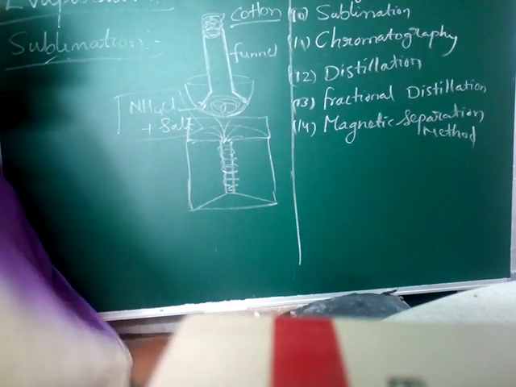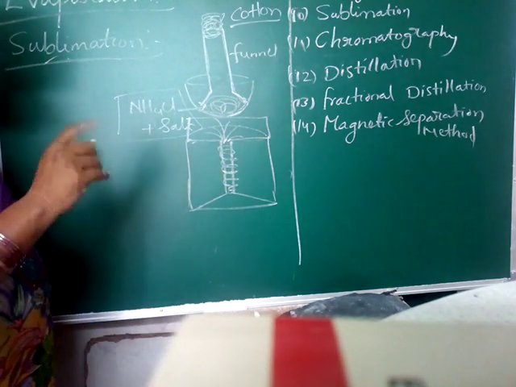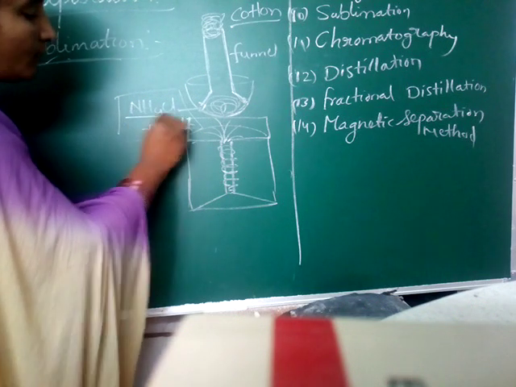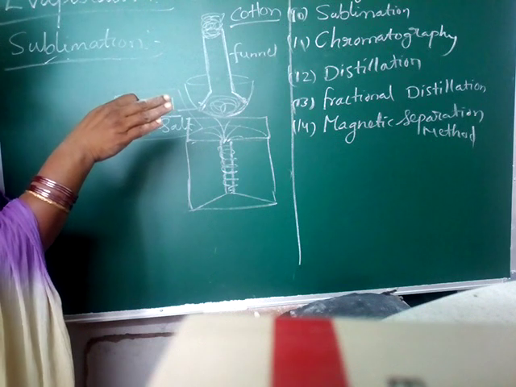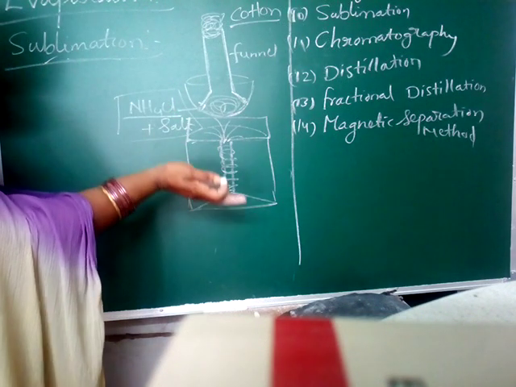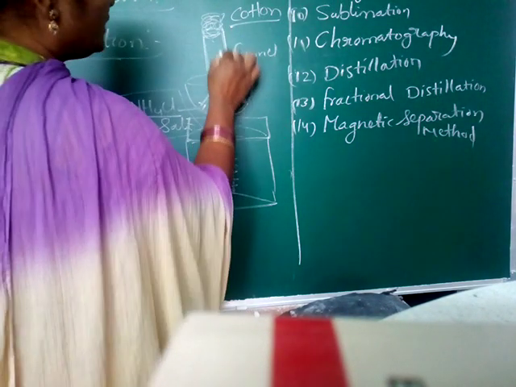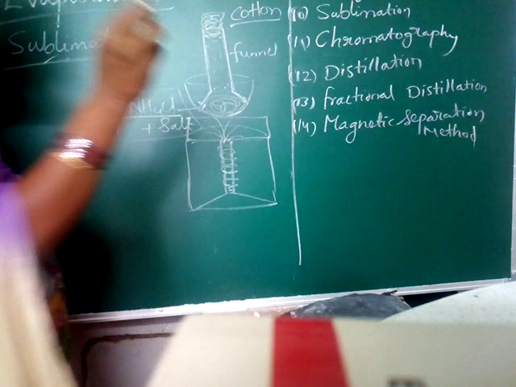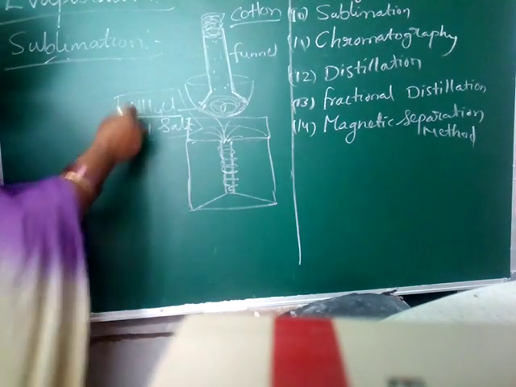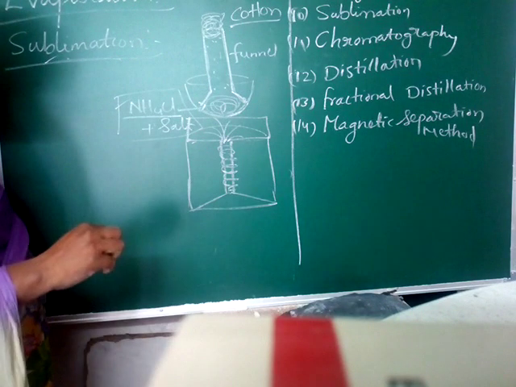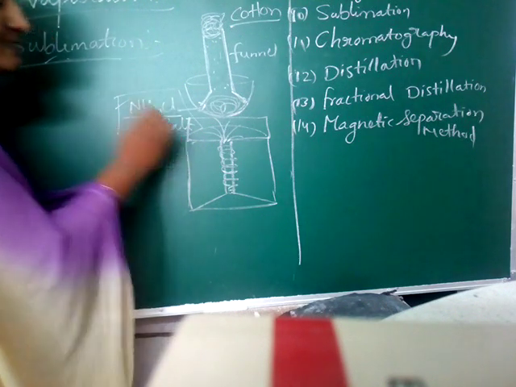Heat this mixture gently on the stove. Then what happens here? The ammonium chloride present will sublimate. Sublimate means it converts completely into the gaseous state. The vapors will attach to this cotton. Then we can separate easily. When it cools, it will convert again into ammonium chloride. Then you can separate ammonium chloride from the salt like that.